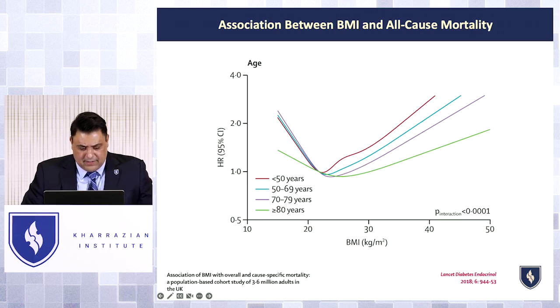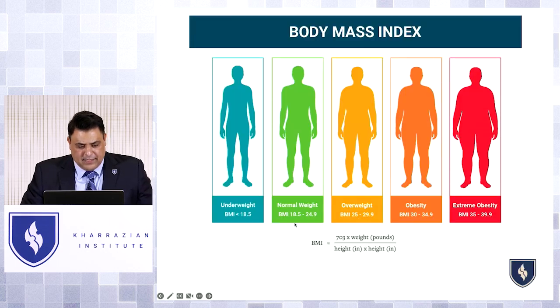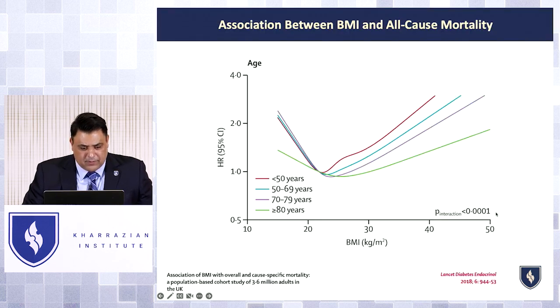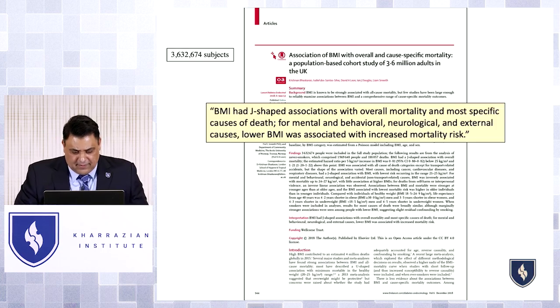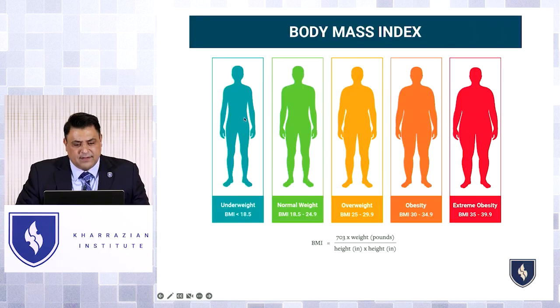So let's say normal BMI, like if you look at normal BMI, 18.5 to 25. If you look at this database of 3.6 million people and look at their hazard ratios for all-cause mortality, the ones with the lowest risk were in that normal group, right? But take a look at this. If you look at someone over here in the severely obese range, and their risk, let's say 2.0 increased mortality risk, it's almost the same as someone who's underweight. So what that means is this person that's underweight has the same risk for all-cause mortality as this person that's totally overweight.